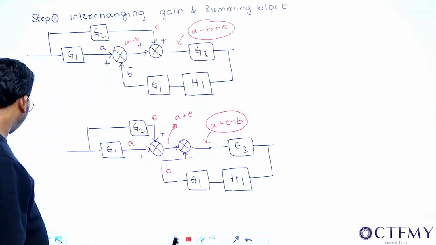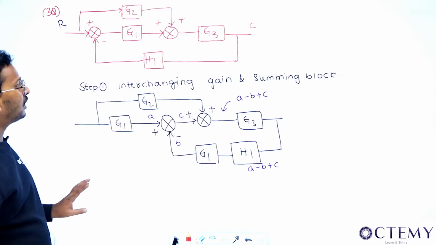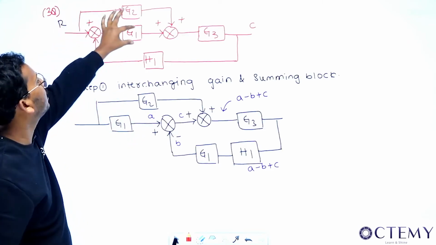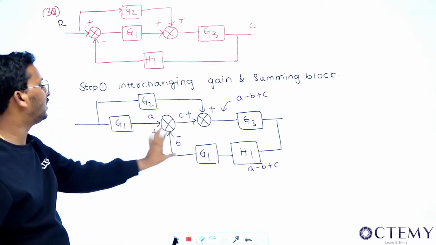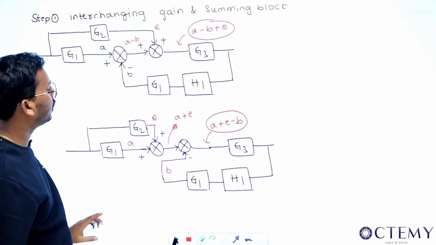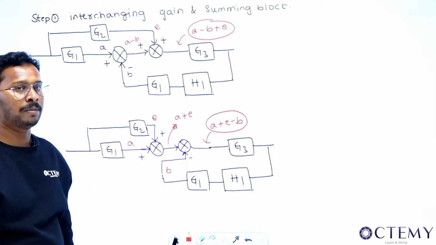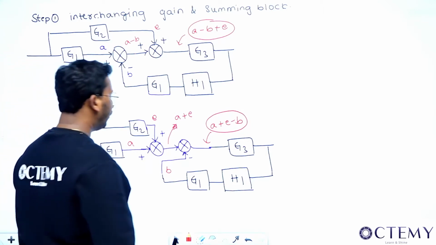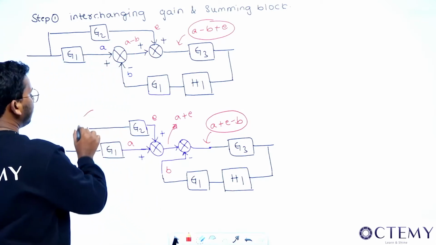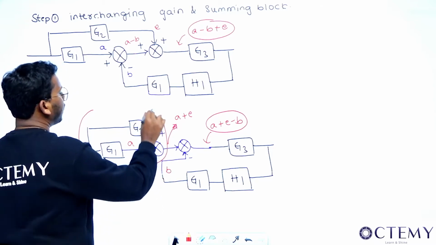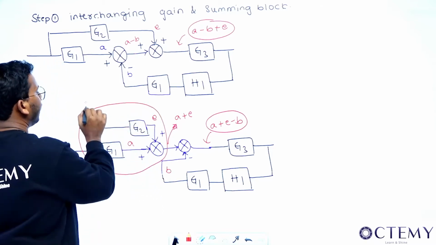So there are two crucial steps in this. What are the two crucial steps, sir? The first crucial step is moving this gain block like this, so you get G1 here, G1 here. Then the other crucial step is interchanging the summing points, right? After this is done, this problem is very simple for me. How, sir? This is basically parallel, isn't it? This is basically a parallel block.